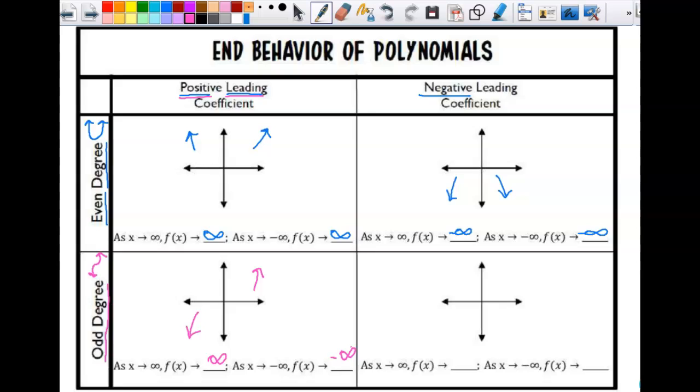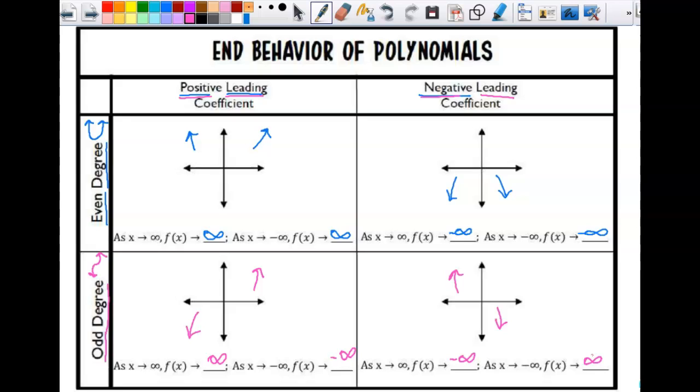Then odd degree, negative leading coefficient. Ends are opposite because it's odd, and this time it's going to be up, down instead of down, up, and then that makes this negative infinity and then infinity. Okay, so that whole up, up, down thing that we talked about yesterday,